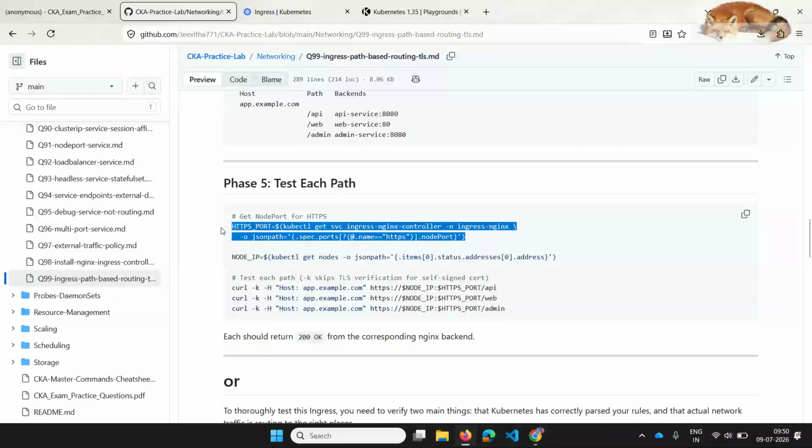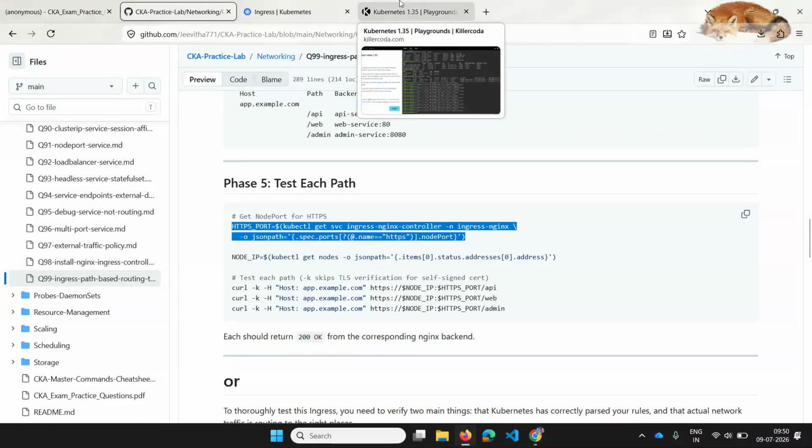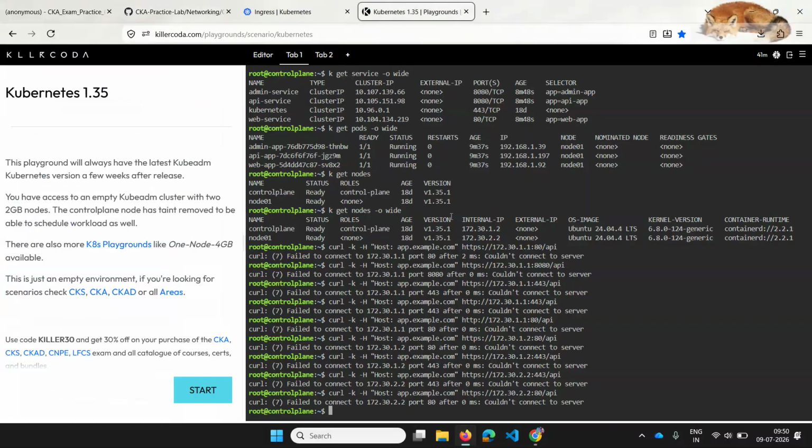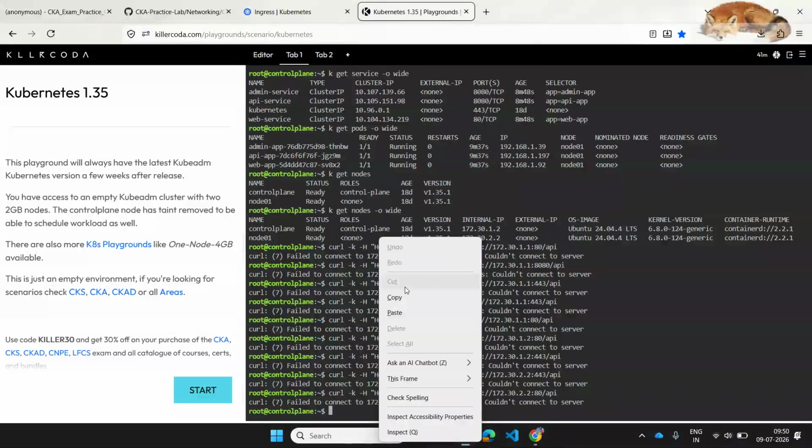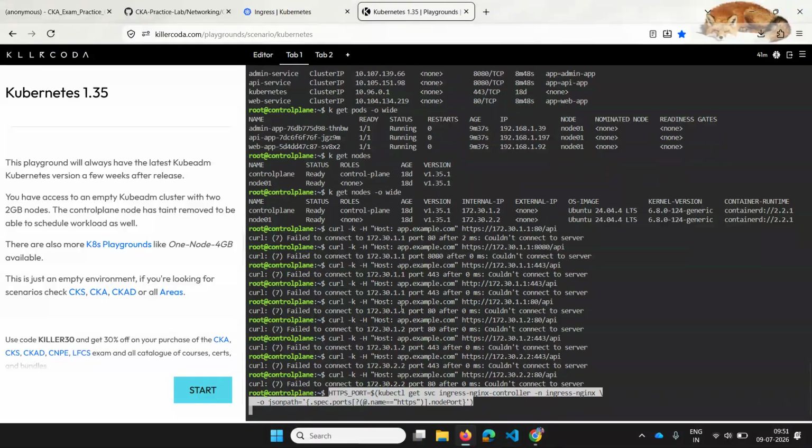Let me try this thing. In the Nginx controller, what is the HTTPS port? Oh, my bad. So if you see, let me get the nginx ingress controller, I think.